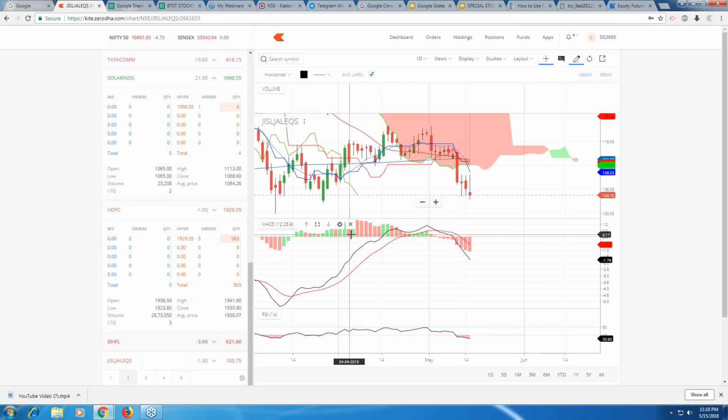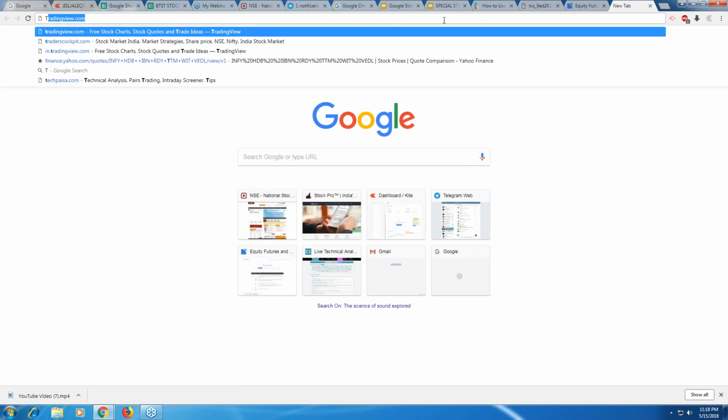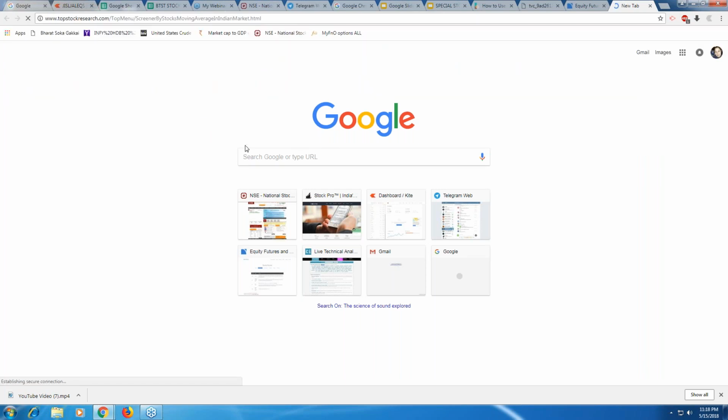So I'm going to tell you how you filter out such stocks. I have told you about the top stock research, where you can find out the bullish engulfing, bearish engulfing. You can see the trade from the top or trade from the bottom. I'll just take you once again there. So top stock research, and look for